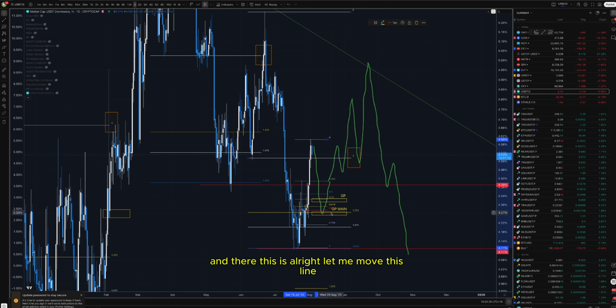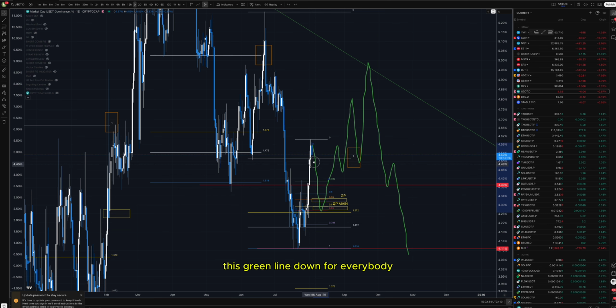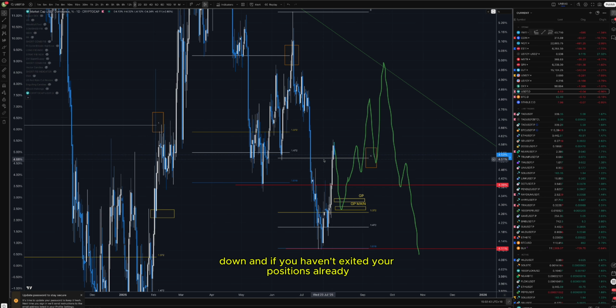And there this is. All right, let me move this line, this green line down for everybody. So we want to see the market spring back into this GP area before heading back down. And if you haven't exited your positions already, I would recommend that. Well, what I'm going to do, I'm not